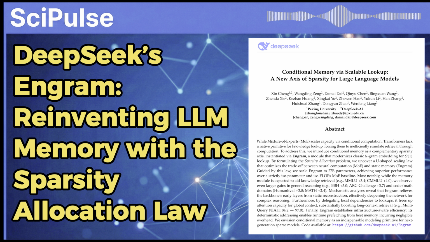On HumanEval, for code generation, a plus 3.0 gain. For the math benchmark, solving math problems, plus 2.4. The fact that a memory module helps you solve a geometry proof is, well, it's the central mystery here. Which leads to the big question they had to answer. Why? What is the mechanism that's driving these incredible and totally unexpected gains in reasoning?